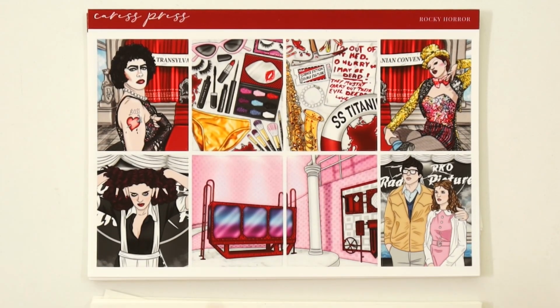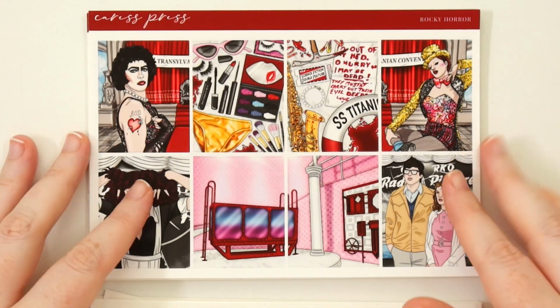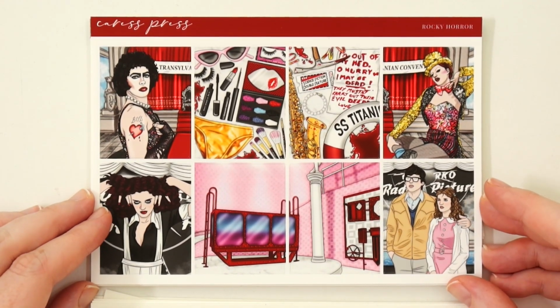So why not? So I picked one up from Caress Press and SPC. I'm going to have to figure out which one I want to use. Such is life. If I like the way both of them did it, I pick it up from both, and then I just try and decide. But then I have an extra for hoarding. But yeah. So Rocky Horror, it's just a fun,